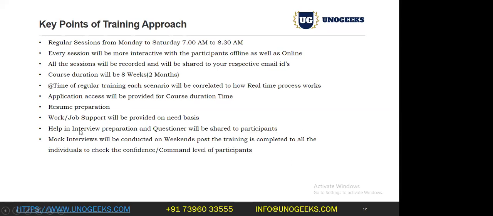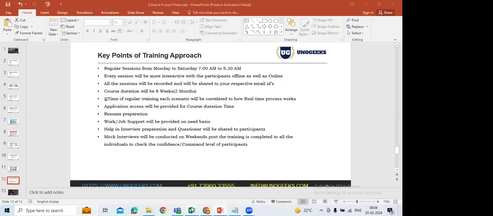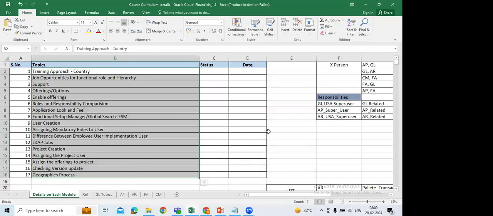Okay, and help with interview question preparation, as well as what kind of questions they are going to ask, we are going to share with you once the training is completed. That should be sufficient to prepare yourself. So guys, one thing: whatever training you are going to cover here should not be considered sufficient. You need to upgrade yourself on a day-to-day basis, and you need to make notes. If you learn something new in your day-to-day process, definitely make a note, and improve yourself in such a way that it will enhance your career.